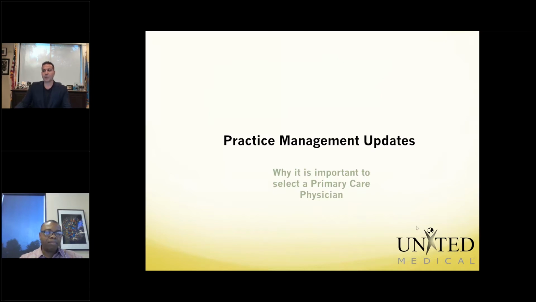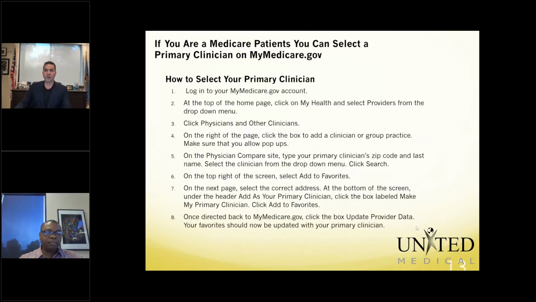So this is time again for Medicare patients to pick their primary care. This is not how it traditionally happened. It's a new concept. It started, I believe, 2 years ago. Many of our patients are not actually going through this process. It is a very simple, very straightforward process, and we are asking our patients, but we are also asking our providers